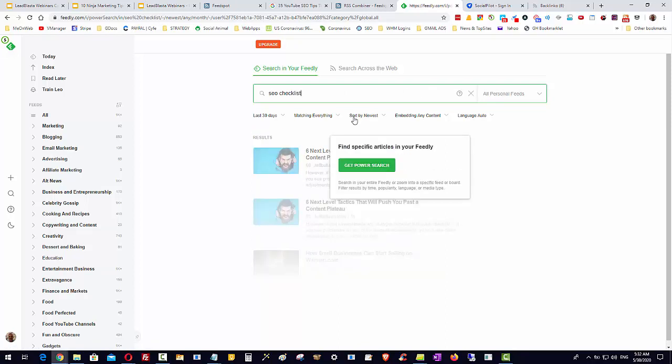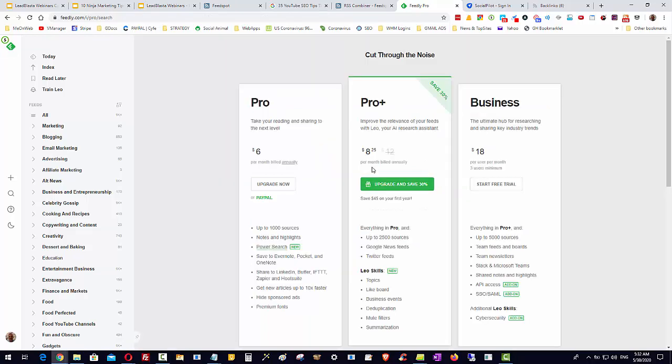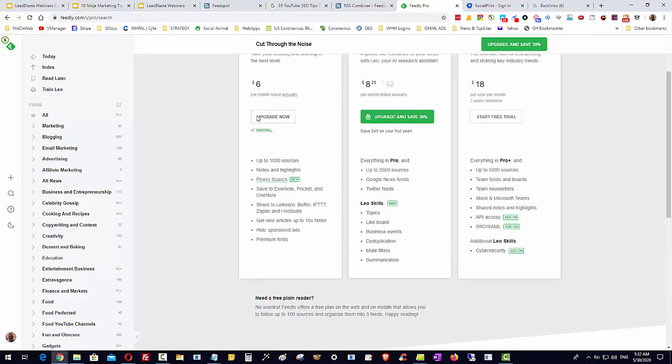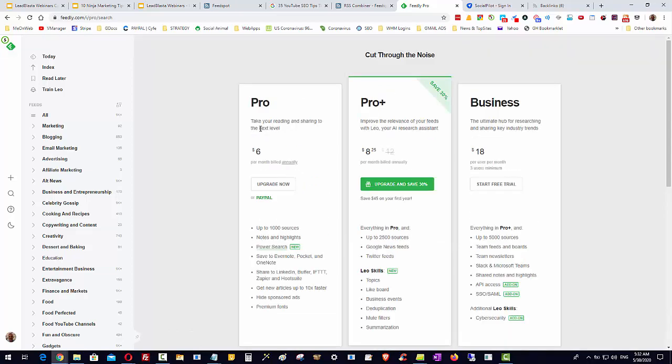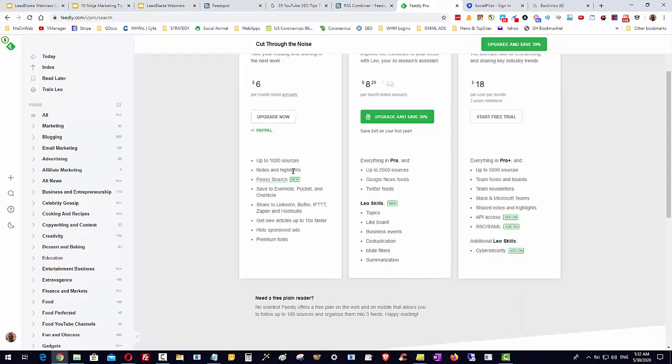It's going to pull back some results, and immediately it says get power search and I want you to pay. Okay, it's not expensive. You can pay $6 a month and you can pay with PayPal, so it's like $72 a year. It's not bad,